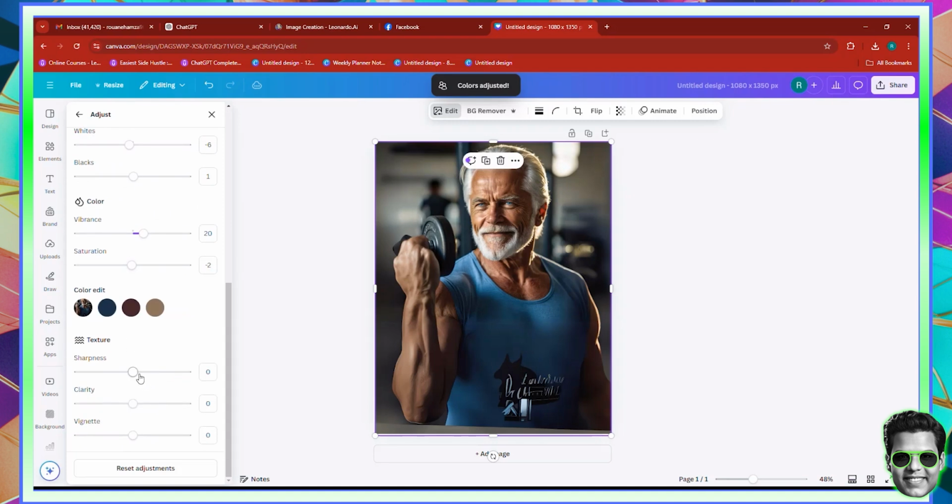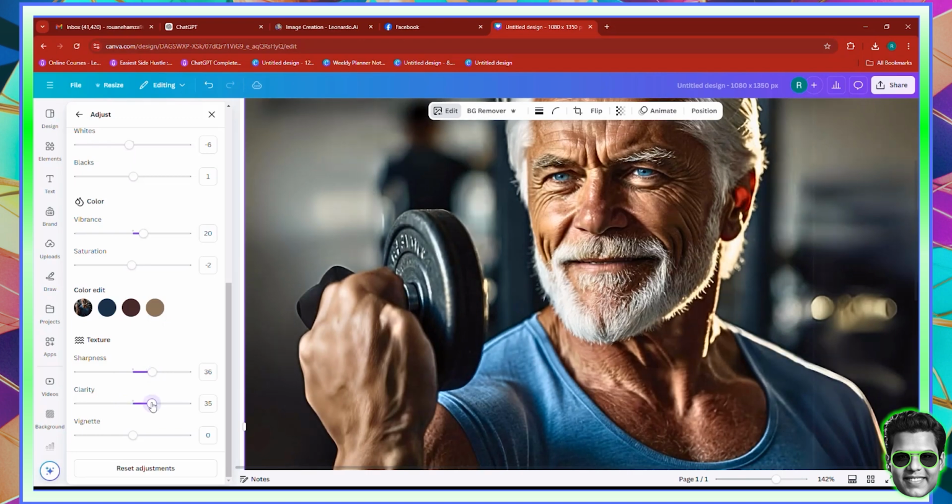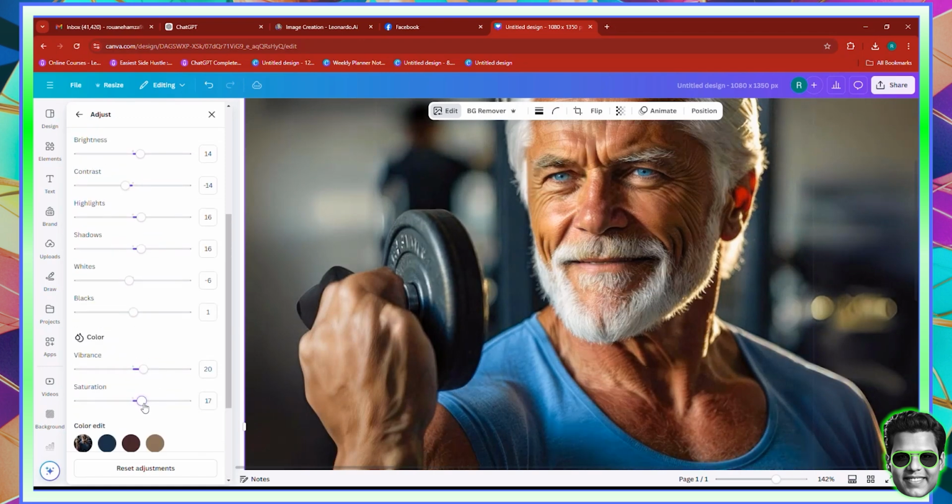We can also, now I don't recommend you adding sharpness. I recommend you decreasing the sharpness and clarity. Because if you add in sharpness, it's going to look cartoonish. So let me show you. If I add in sharpness, watch what happens. It looks cartoonish. But if I actually decrease the clarity a bit and the sharpness a bit, it looks even more realistic. And of course, you can add saturation to make it look even more realistic, as well as vibrance,